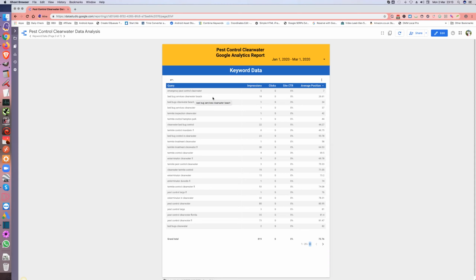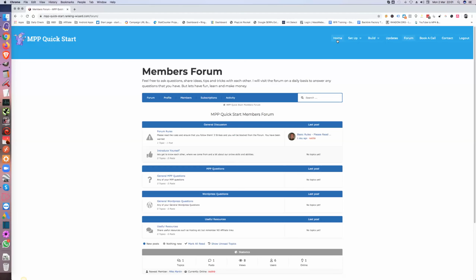Bedbug services Clearwater Beach, it actually says I'm in position 26. And when I've just checked, I'm at position 13. So as you can see, there's 44 different keywords where I'm in the search results. Yeah, okay, they're not brilliant, but this site has had nothing done to it. And pest control is a pretty competitive niche. So once I start building backlinks and using the dynamic backlink builder, building citations and all things like that, and they will probably go into,